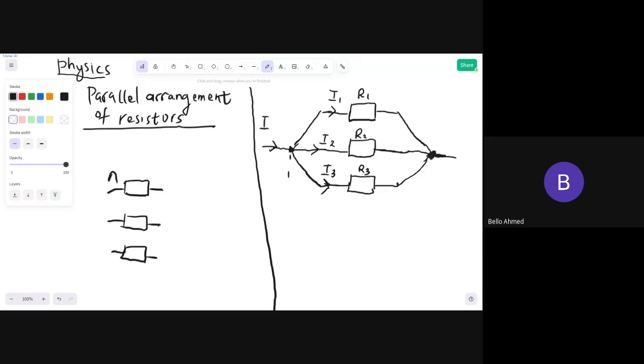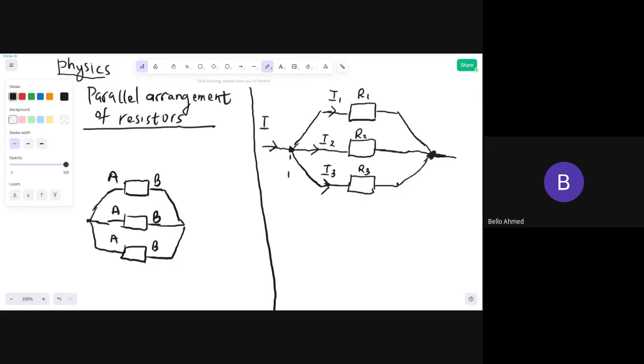We have end A here, end B here, end A here, end B here, end A here, and end B here. If all the ends B are connected together at the same junction like this, and also the ends A are connected together at the same junction like this,